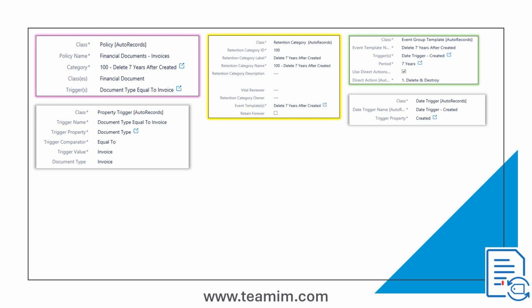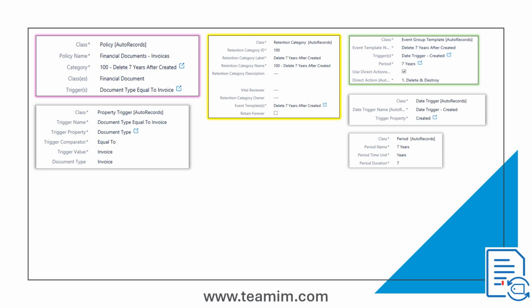When we use the created date in a trigger, we're effectively saying that the trigger should be valid immediately because the created date will always be less than or equal to the current date. The period is simply a measure of time, and creating the new period, you specify the period time unit and a number of years. Finally, when we're simply deleting documents, the most efficient way to do this is to use